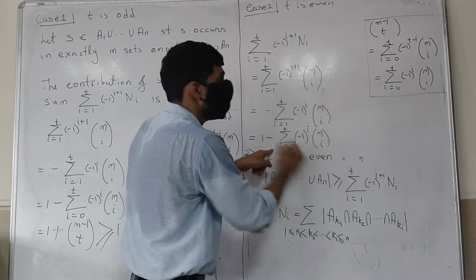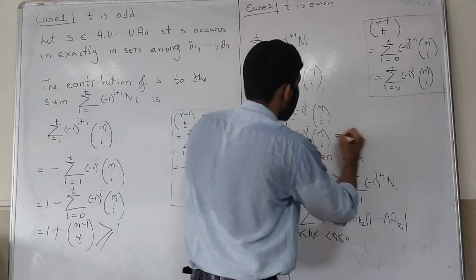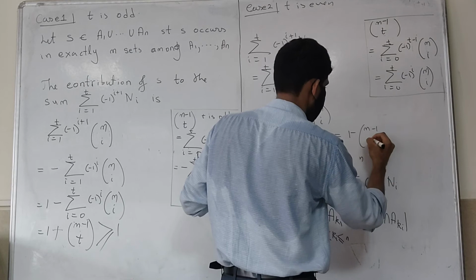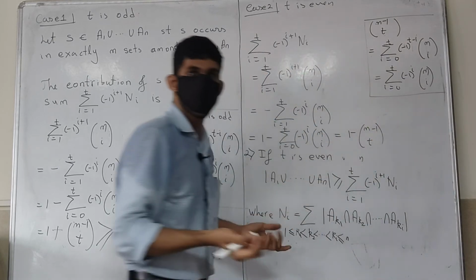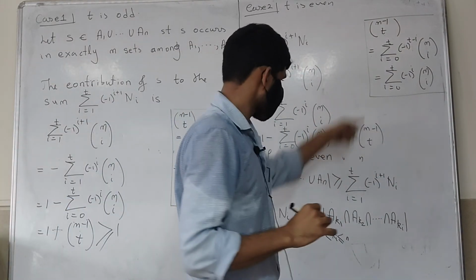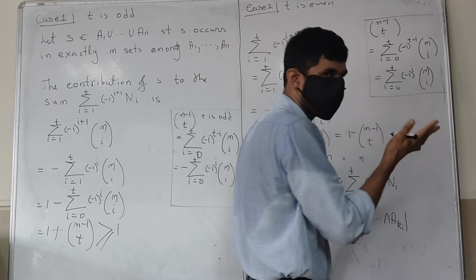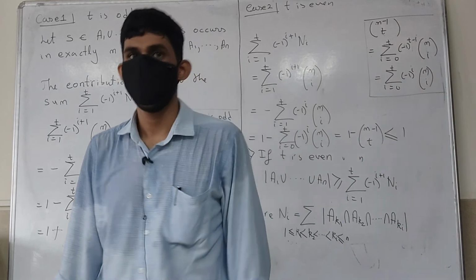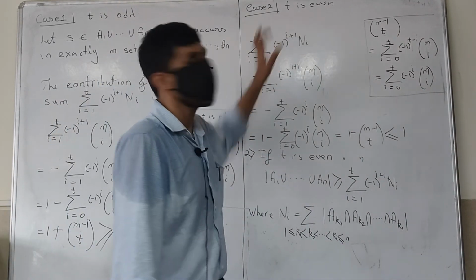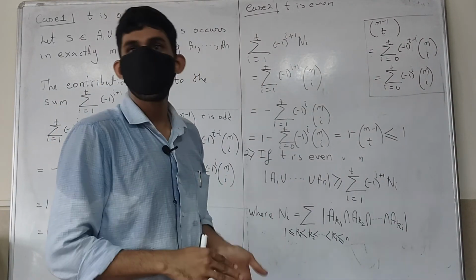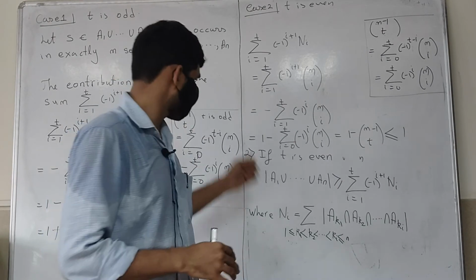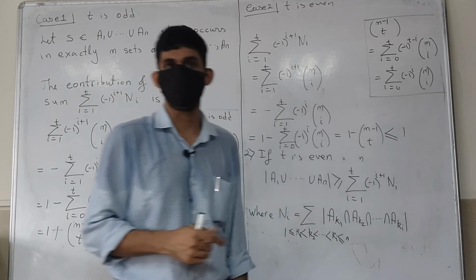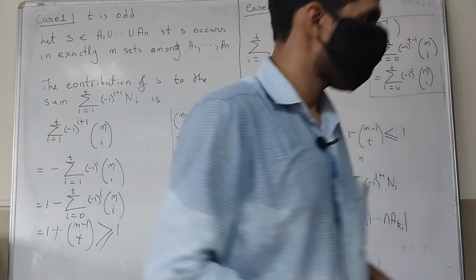And what is this value here? So 1 minus m minus 1 c t. This is a positive quantity. Okay, this is a positive quantity, and this has to be non-negative quantity. It could be 0 also. So this has to be less than or equal to 1. That proves it. So the contribution here to the sum is less than or equal to 1. Hence, there is more contribution to the union than to the this thing, right? So that's how it works.